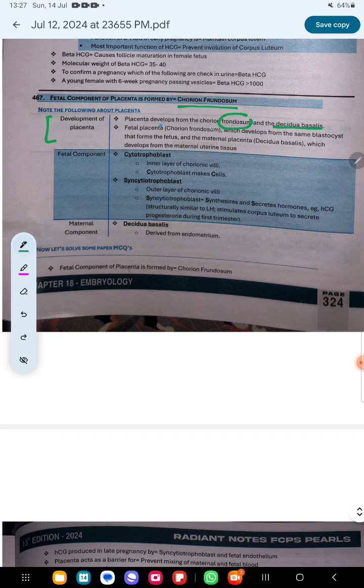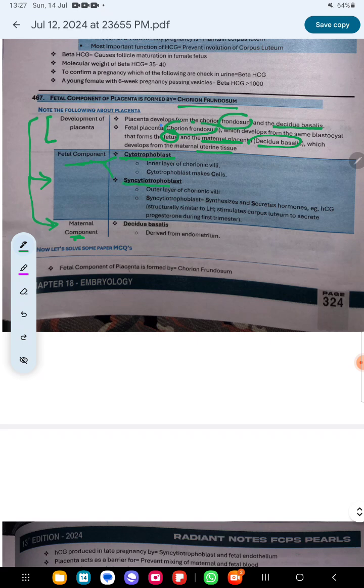Fetal placenta, or chorion frondosum, develops from the same blastocyst that forms the fetus itself, and the maternal part of the placenta, decidua basalis, develops from the maternal uterine tissue. Clear? Now we will learn about the fetal component and maternal component of the placenta. Fetal component comprises two parts,